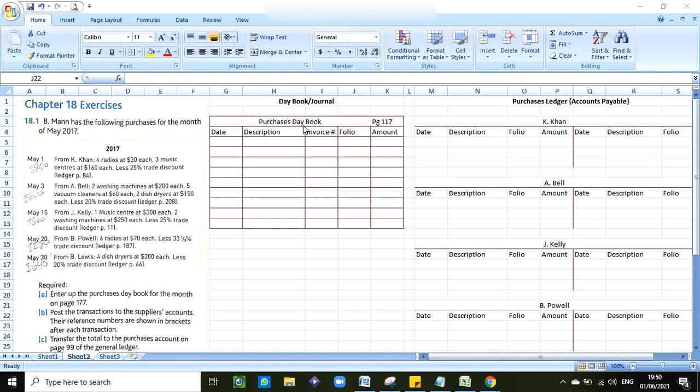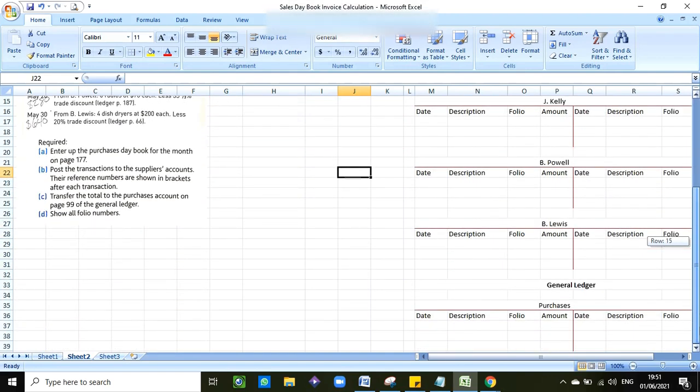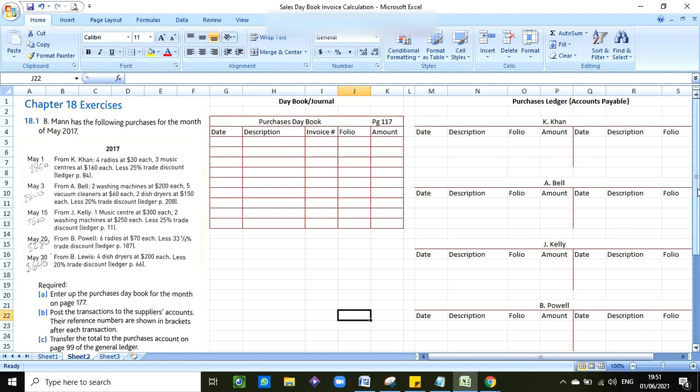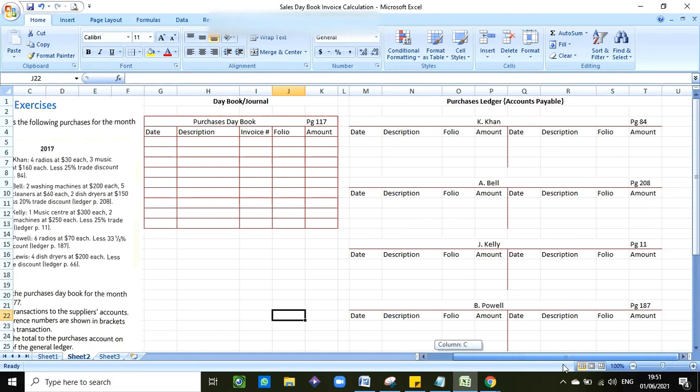Today, in addition to the day book I just mentioned, I will go over purchases ledgers, which we know are accounts payable, and we will also be working with one general ledger, which will be purchases in this case. You will notice that the day book has a page number, which I will explain shortly. I want you to notice as well that the ledgers, the T accounts, also have a page number,